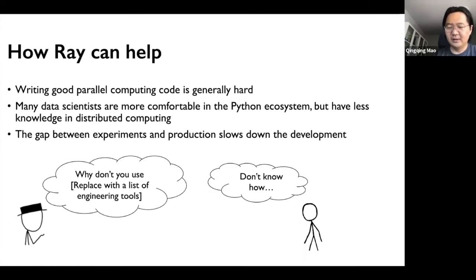So they know about algorithms and all these things, and if there's a well set up software package, for example, if there's some internal mechanism in TensorFlow and PyTorch that allows you to do things in a distributed way, they can use this right away. But if you require them to do a more complicated task in parallel, that's just generally hard. And there's actually a gap between experimentation and production.